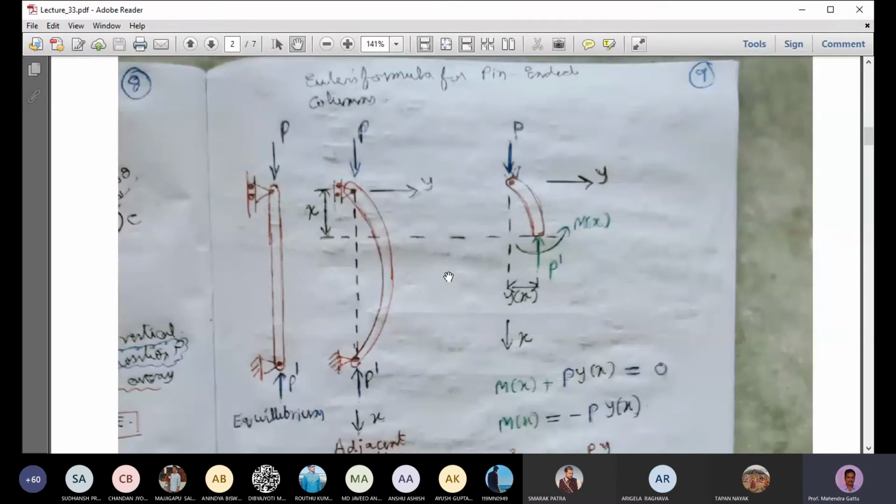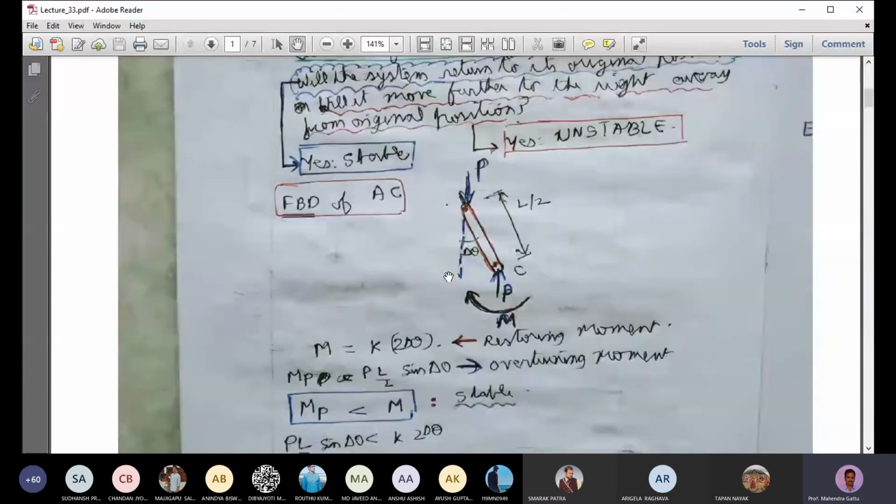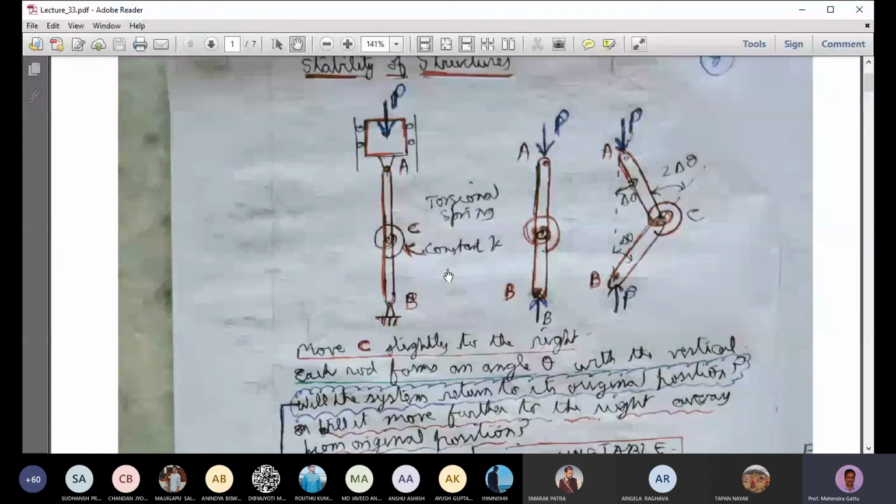Okay, it's a little similar to this one. Here you can keep applying the load P. So this entire thing will be under a state of compression. But as you keep increasing P, at a certain value, instead of deforming in the straight compressive mode, it can bend. Okay, C can move to the right or to the left. So we want to find what is that value P where it will move to the right or left.